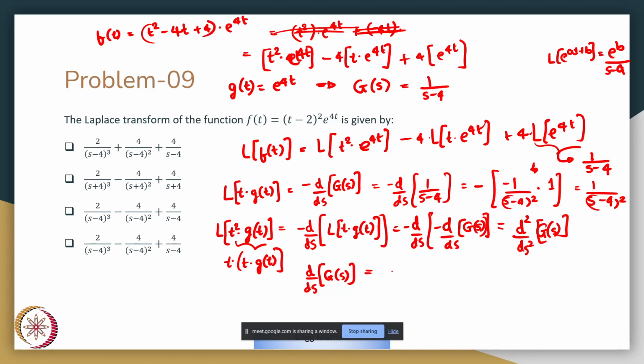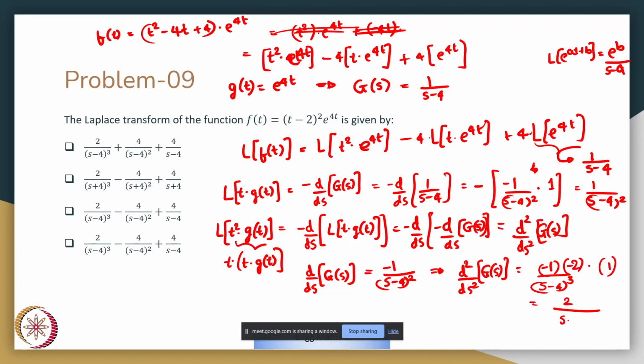So the first derivative of g of s is nothing but minus 1 upon s minus 4 whole square, which means that the second derivative of g of s is minus 1 upon, so the first thing is s minus 4 whole cube into minus 2, and the derivative of s minus 4, which is simply 1. So this whole thing becomes 2 upon s minus 4 whole cube,